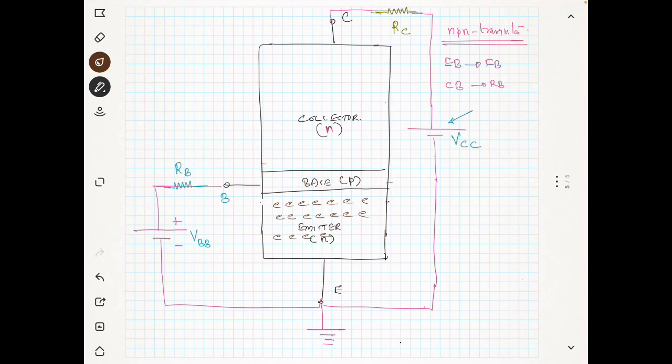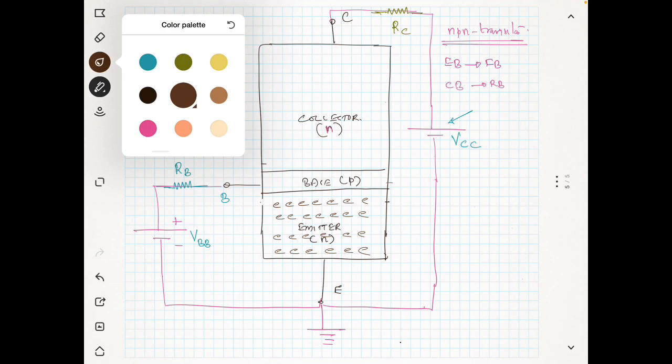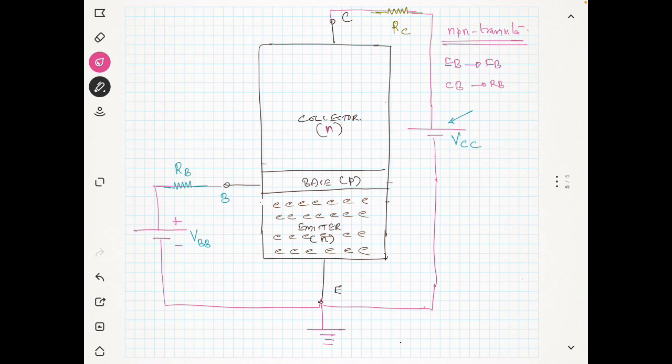Okay, I will just show the electrons. Now at the base we have a P-type semiconductor, so we have a few number of holes. We have a lot of holes, but there is a very important point I want to tell you, that the emitter